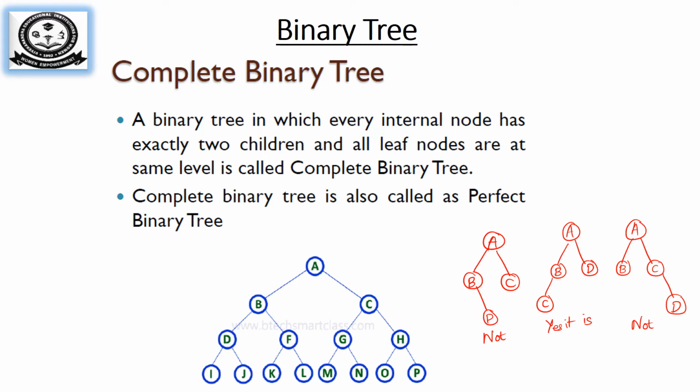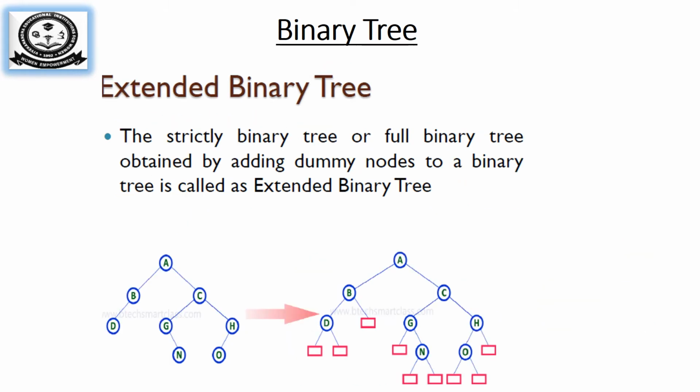Now I have given 3 examples here, A, B, C. The leftmost one, with the red color, 1, 2, 3. So here 1 and 3 are not complete binary trees, since as I said before, a complete binary tree will be filled up from top to bottom, left to right. So D must be a left child of B, but here it is a right child in the first diagram, so it is not a complete binary tree. The middle one is a complete binary tree. In the last one, D must be the left child of B, but here it is the right child of C. Hence the last diagram is not an example of a complete binary tree.